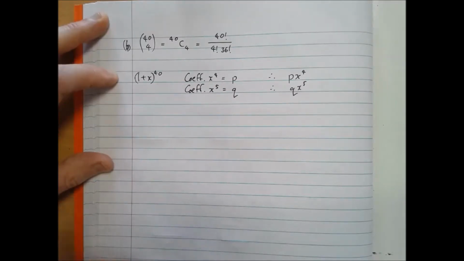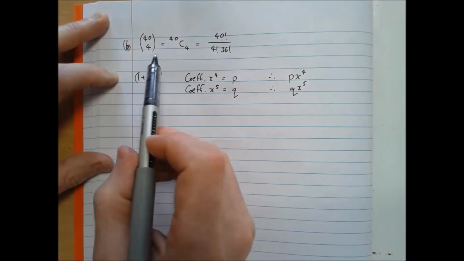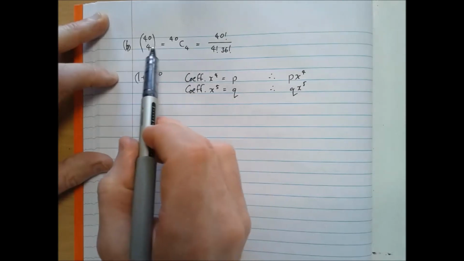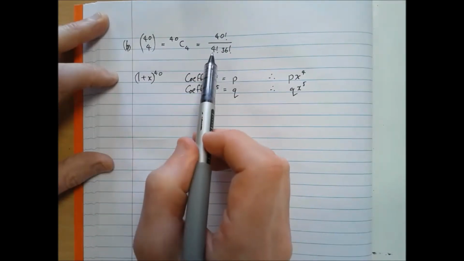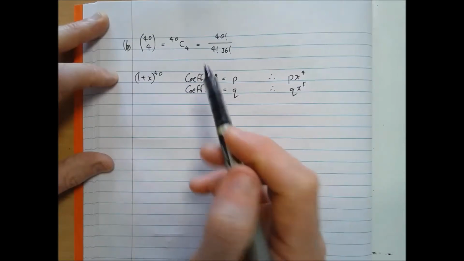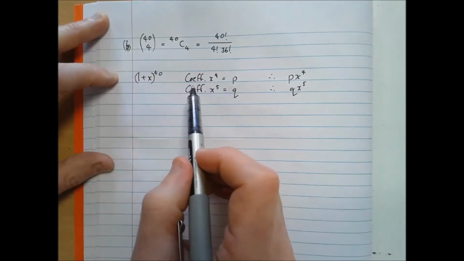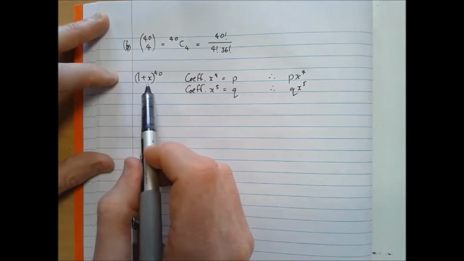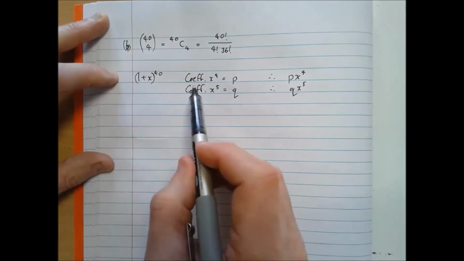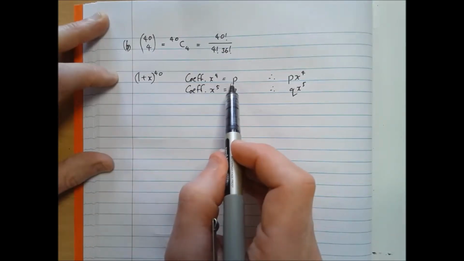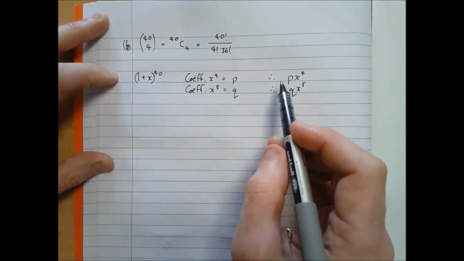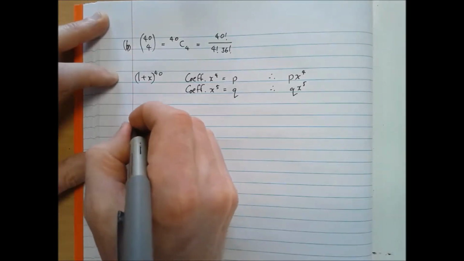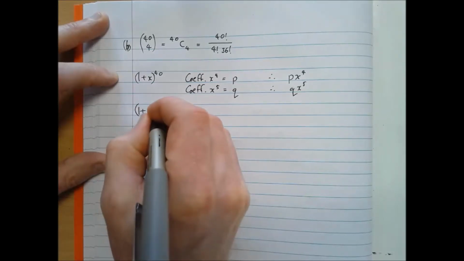Okay, on to part B. Here I've just quickly summarised the answer to part A at the top there. So we had 40C4 equals 40 factorial over 4 factorial, 36 factorial. Now in part B we are told that the coefficient in the expansion of (1 plus x) to the power of 40, the coefficient of x to the 4 is p, and the coefficient of x to the 5 is q. And what that really means is that when we expand (1 plus x) to the power of 40,